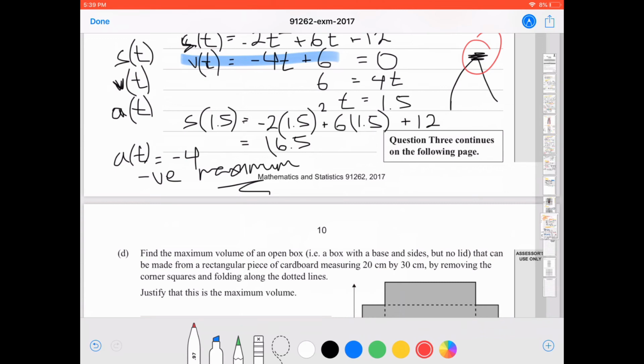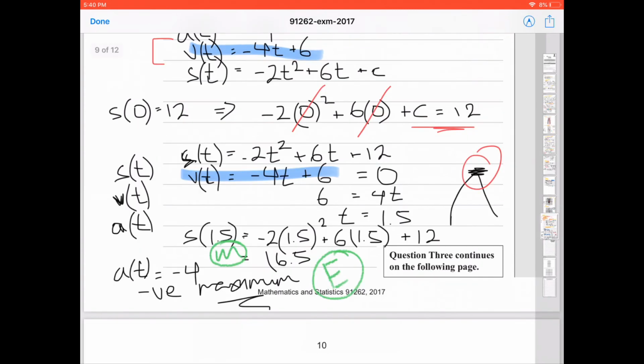You've confirmed that the distance is a maximum. Reference to graph or second derivative gets you the excellence grade here. Your merit is finding the value of S, so without justification. So let's say in here, S equals 16.5 is a merit,